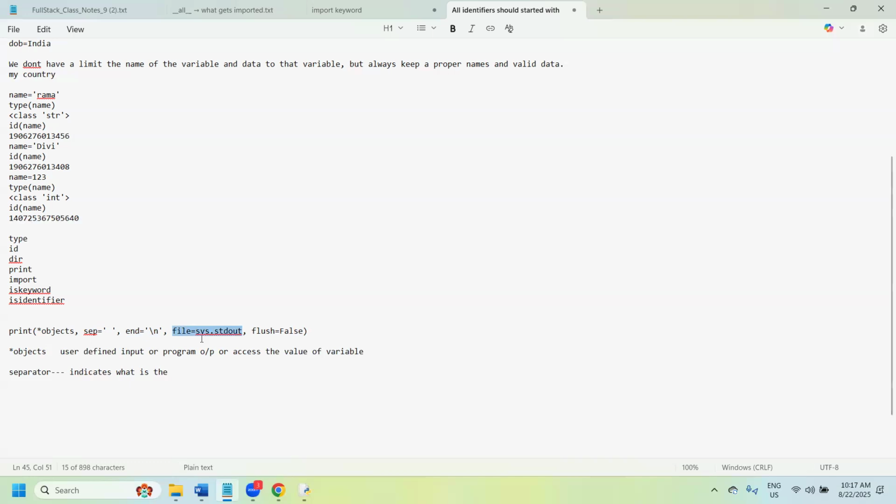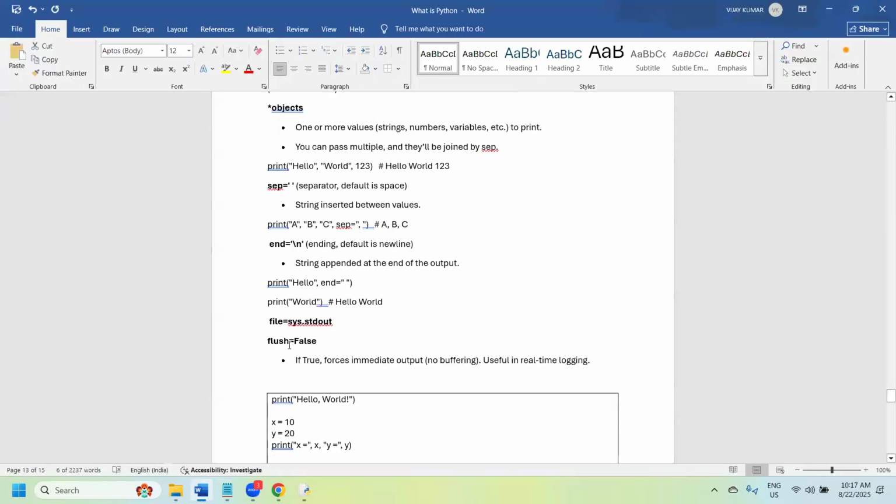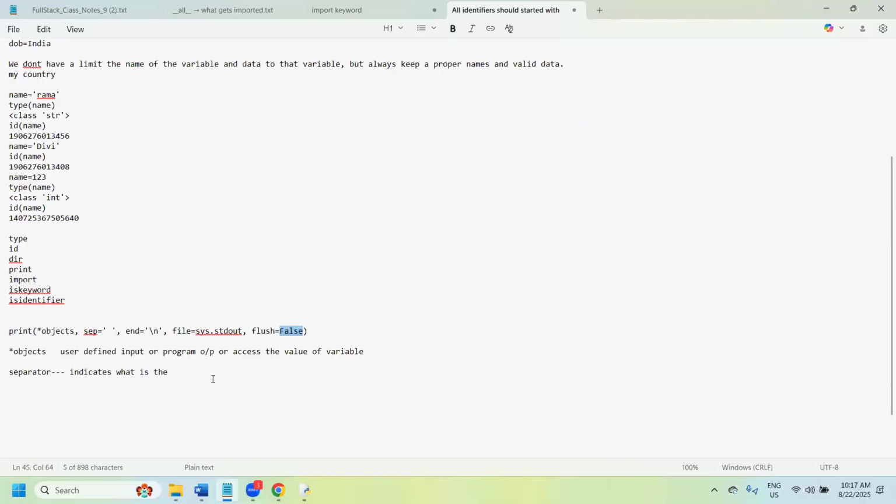So this is a default, this is a default, this is a default, and this is a default. Flush is equal to false is a default. Then why do we require flush? So if flush is true, it forces intermediate output, not buffering. It is usually useful in real time logging, which means that by default flush is equal to false. So if you specify flush is equal to true, what will happen is,